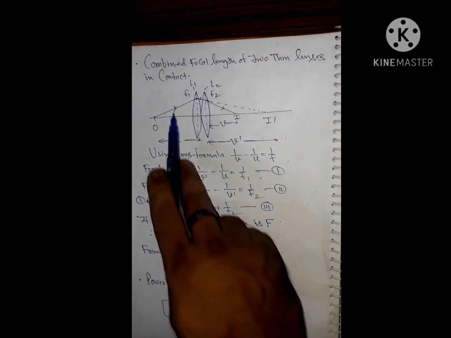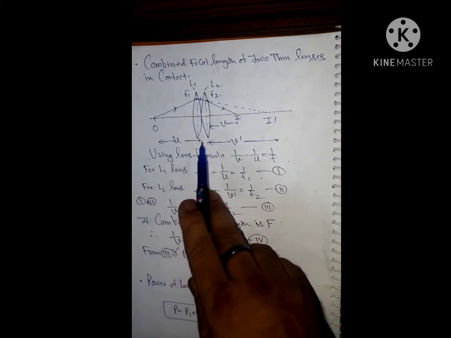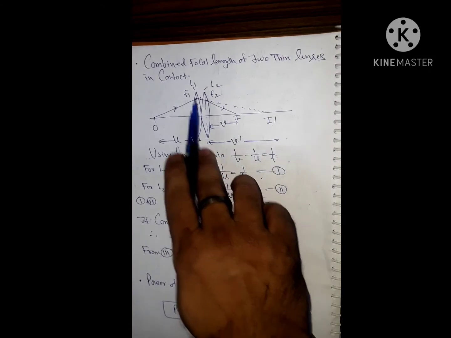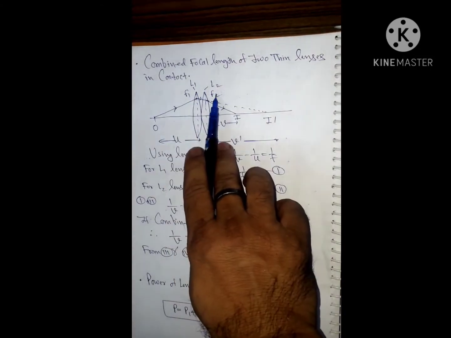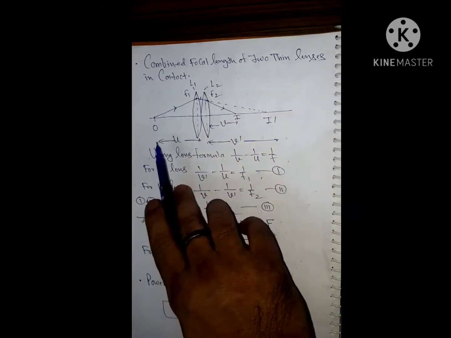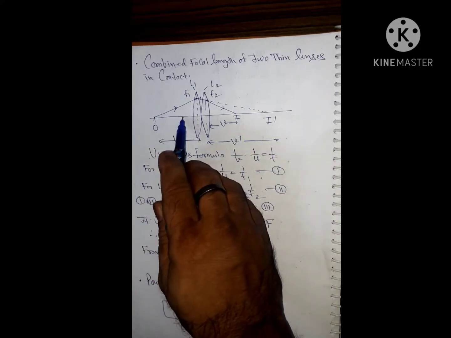Okay, the next derivation is the combined focal length of two thin lenses in contact. The concept is the same. Suppose two convex lenses L1 and L2, with focal lengths f1, f2, are in contact position. Its combined focal length is capital F. The object is a point object, point O. Again using the concept,